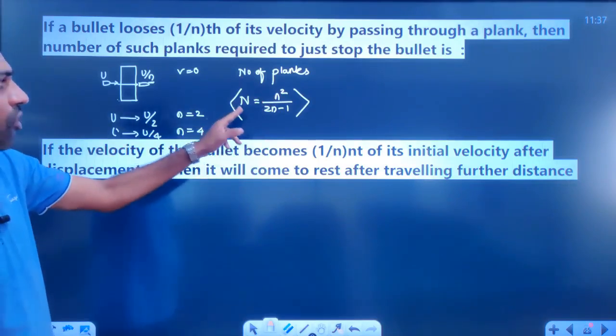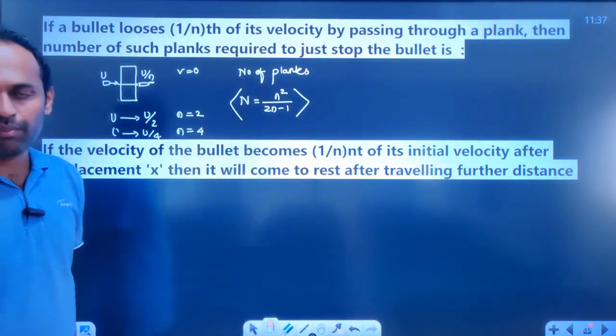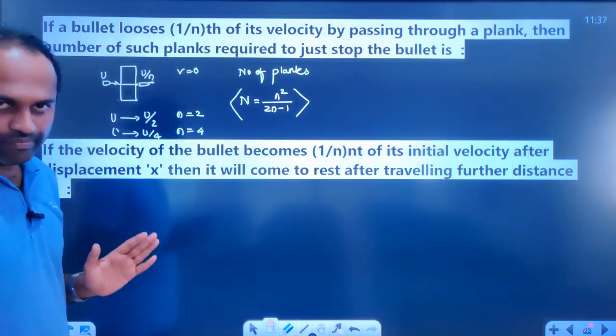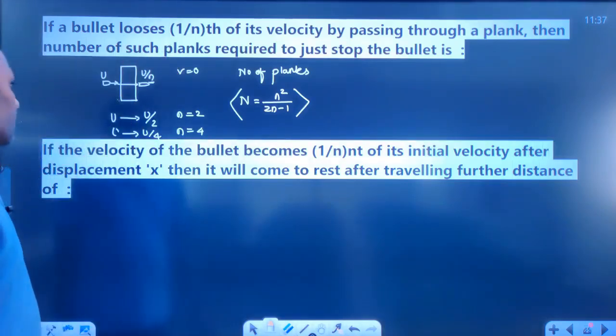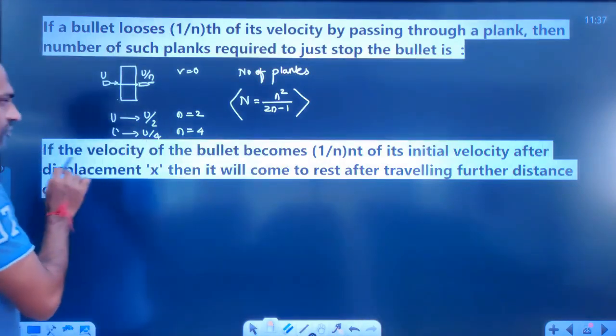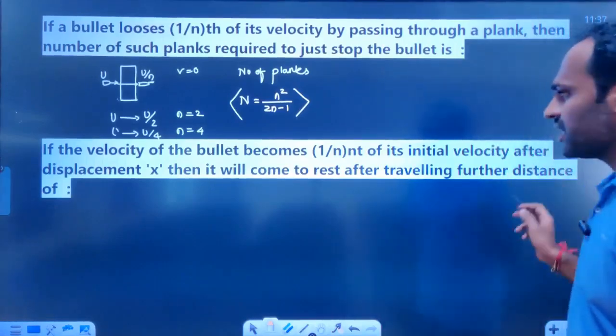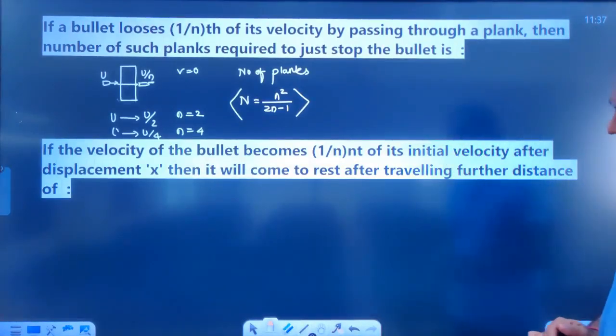So this will give you the number of planks required to stop the bullet. How many planks do we need to stop the bullet, right? So that is the first thing. Second thing, note: if the velocity of the bullet becomes 1/nth of its initial velocity after displacement x, then it